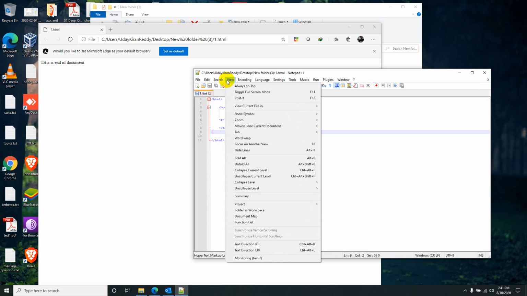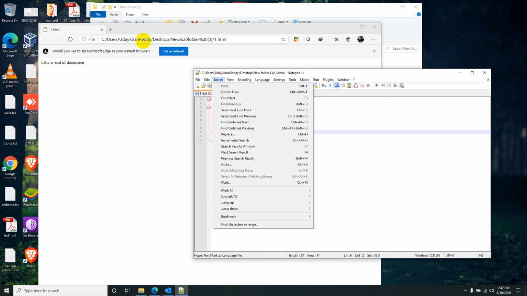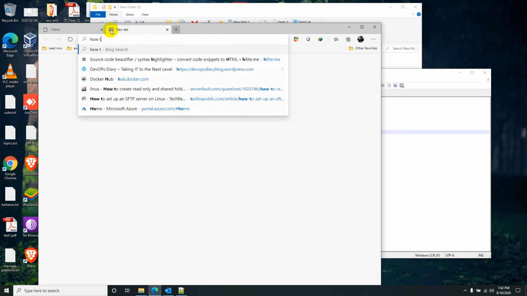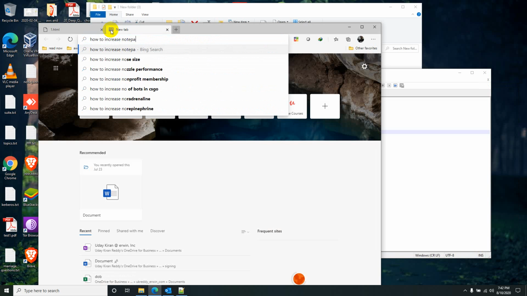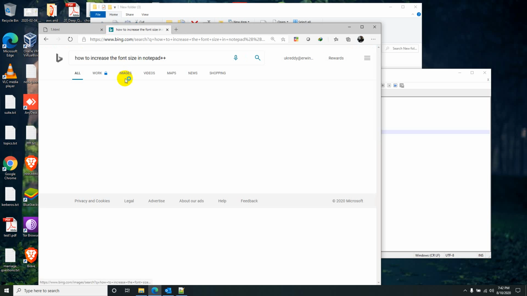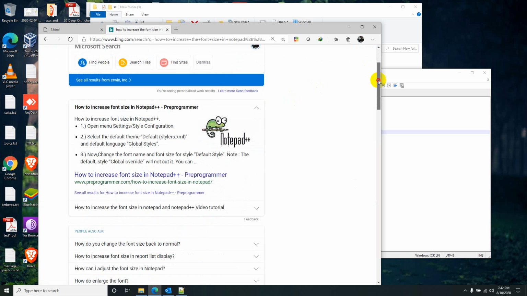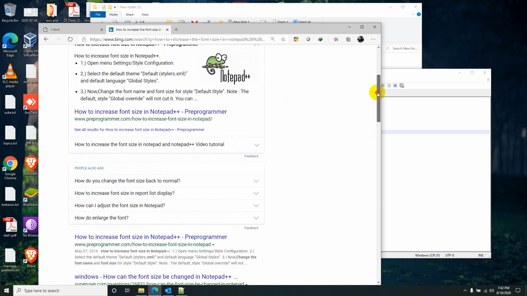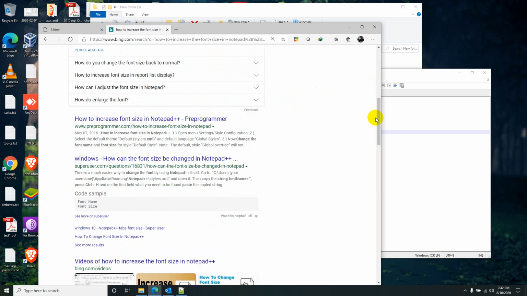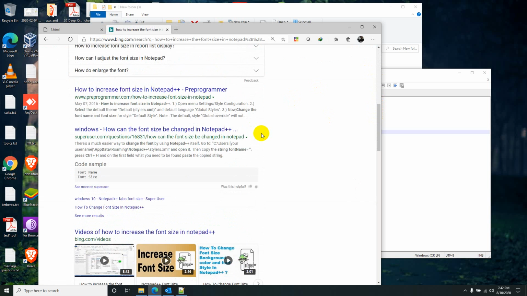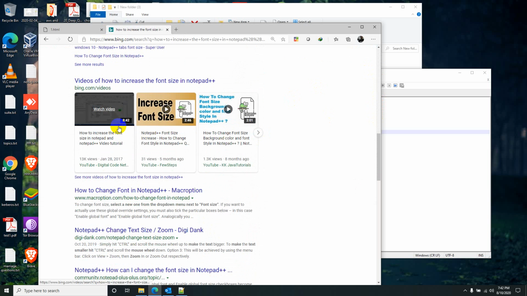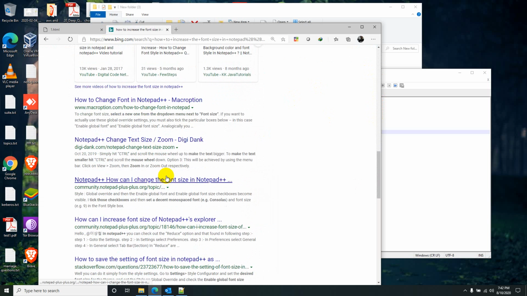View, how to increase Notepad++ font size. Control and mouse wheel up. View, zoom.